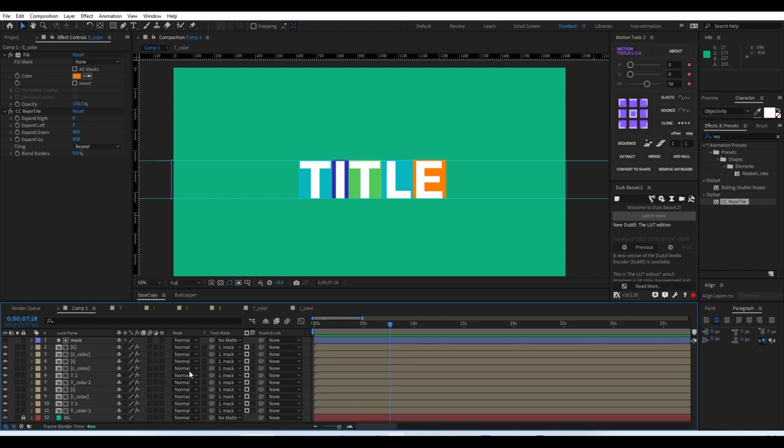The next thing is we have to type in the title that we want, and when you type in the title you want, just make sure that you are typing it one by one. So for example, if I'm typing the effect as title like this, make sure that each of these letters are in a separate layer. So we'll start with the T, and we can increase the font size to maybe 250,